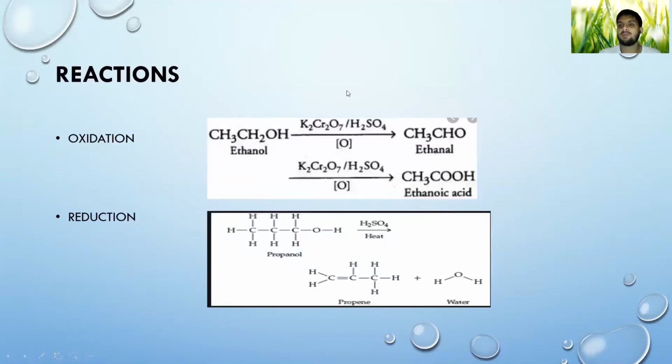And then we'll go to the chemical properties. We'll look into the reactions of alcohols, how these alcohols react. Basically it undergoes two chemical reactions: one is oxidation, the other one is reduction. So what is this oxidation? This oxidation happens when